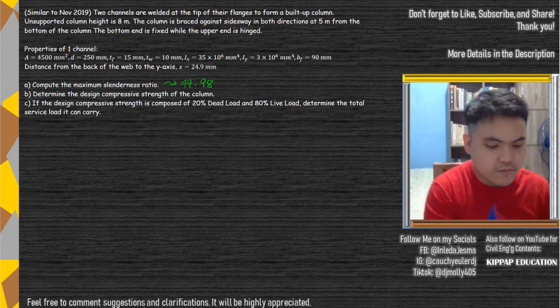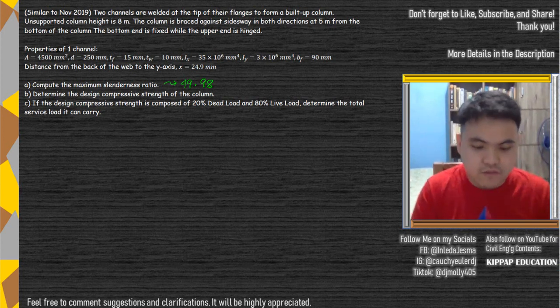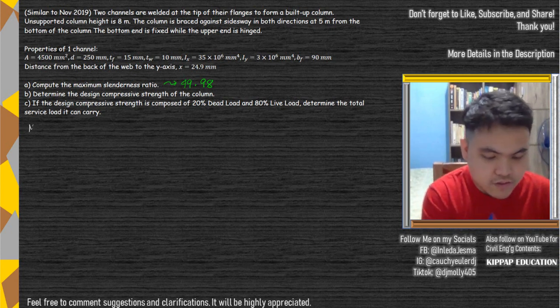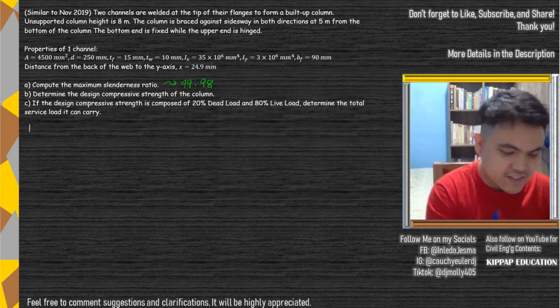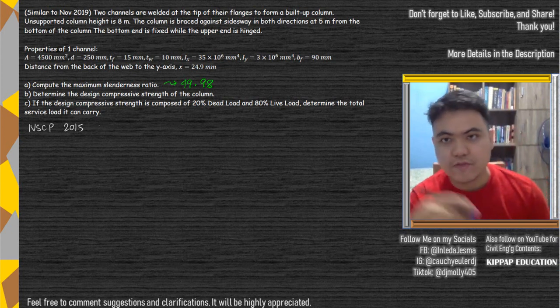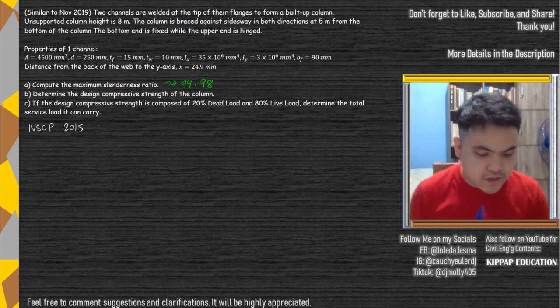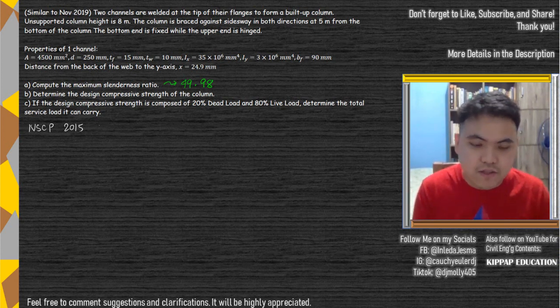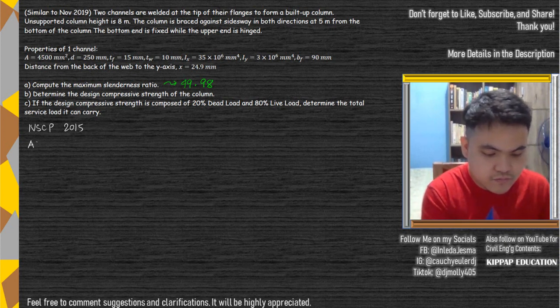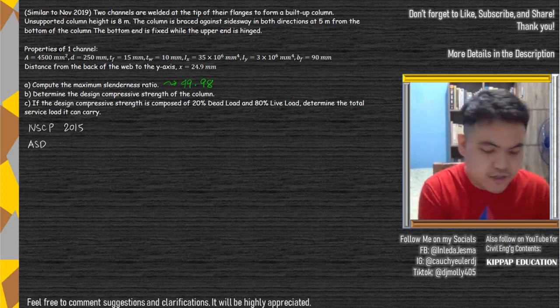Alright, next question. Determine the design compressive strength of the column. Here we will use the National Structural Code. Bakit M? National Structural Code of the Philippines 2015. Yung pinaka-basic lang. So flexural buckling lang muna tayo, no? Alright, and since NSCP 2015, there are two methods na kino-consider. One is the ASD, or the allowable strength design, and meron tayong factor of safety or the omega that is 1.67. Then LRFD,